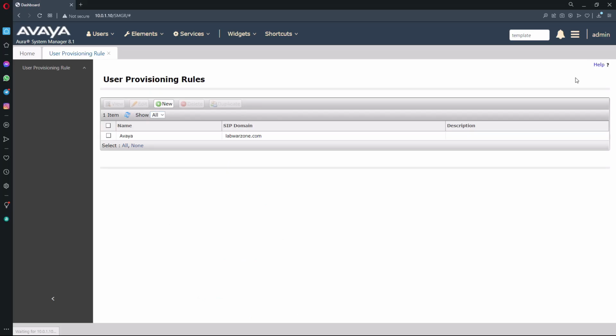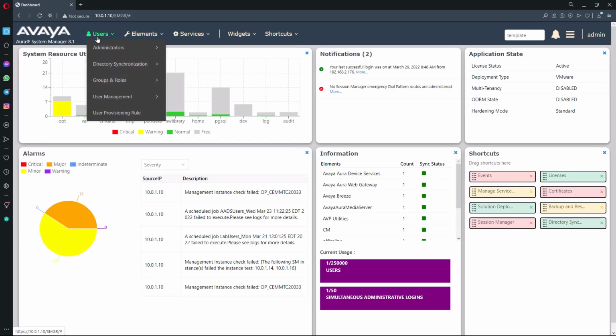We only have to do this one time in my case, though you could build out additional rules to segregate your administration by location, department, or really any identification you use to distinguish your groups of employees. With our provisioning rule married with a CM endpoint template, we can begin the process of connecting System Manager to our AD server. Before we do that though, let's just take a peek at our SIP users, or lack thereof